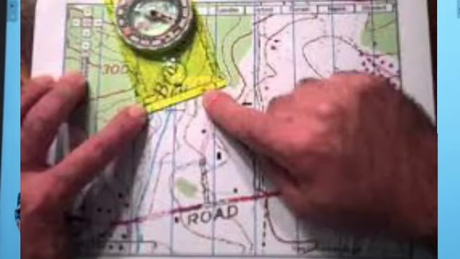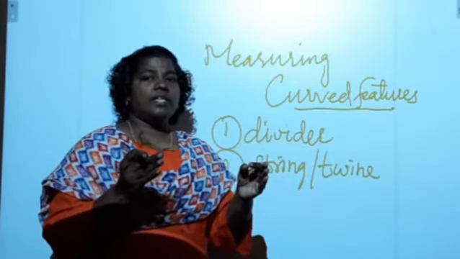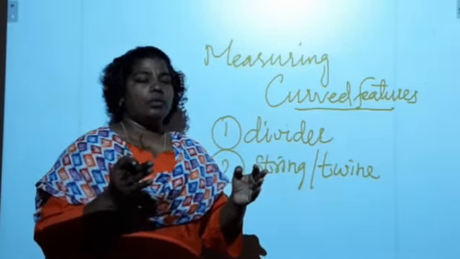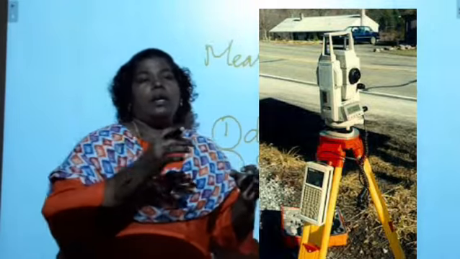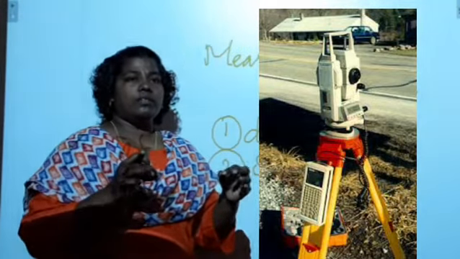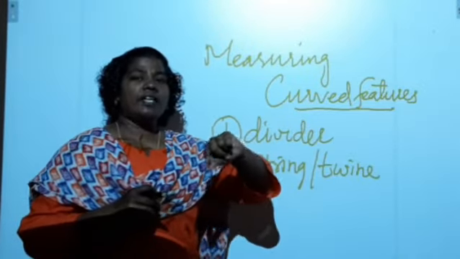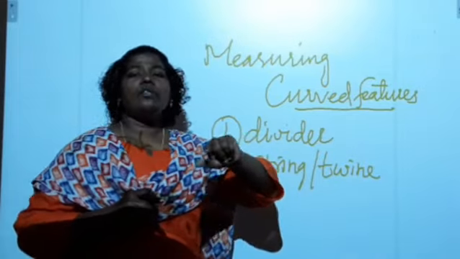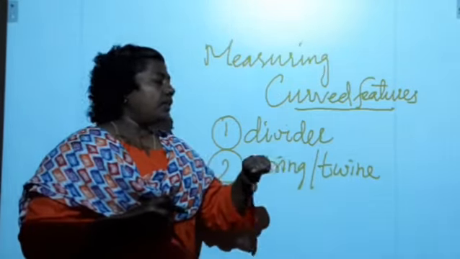And how will you measure the curved areas using the divider method? For example, you have to take a divider and keep the divider at a distance of 1 or 2 centimeters, and keep the divider on the map. Then you have to measure the curved areas. When you measure the curved areas on the map, you have to take different turns, and you have to count how many turns you take on the map.